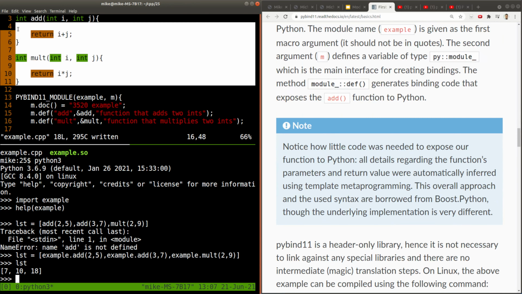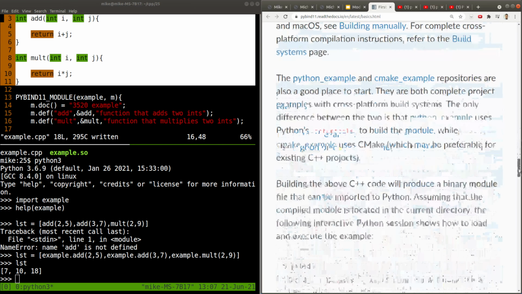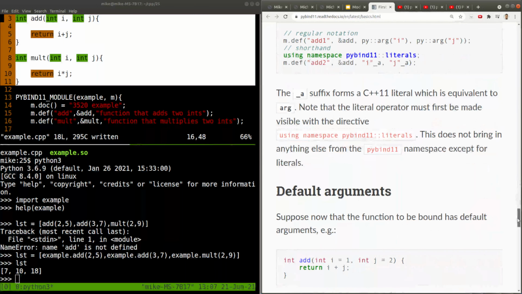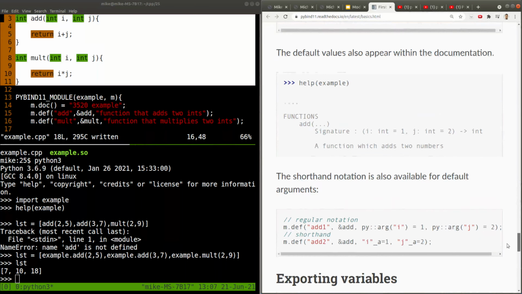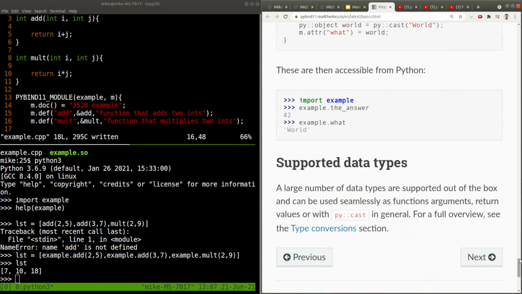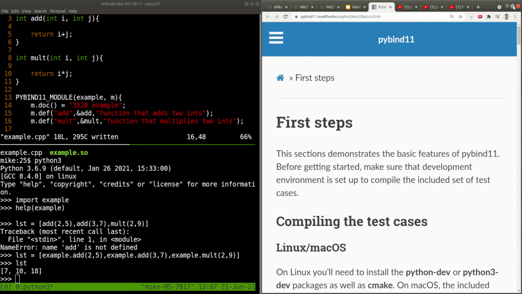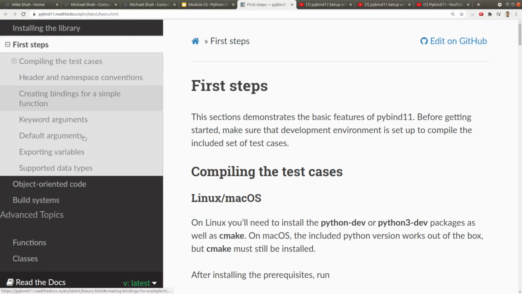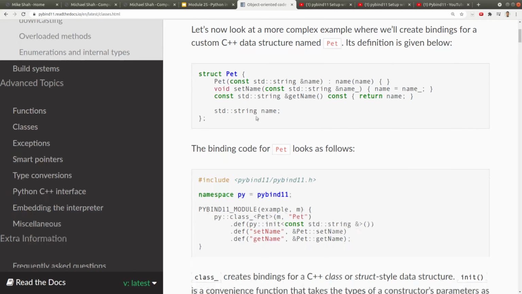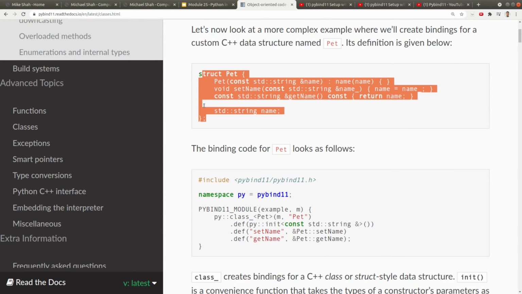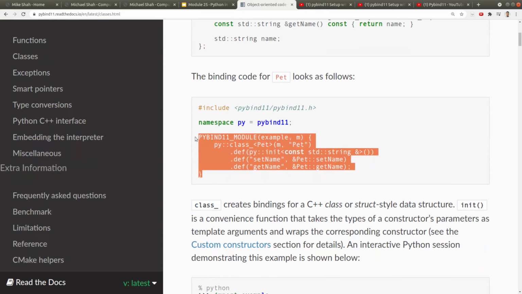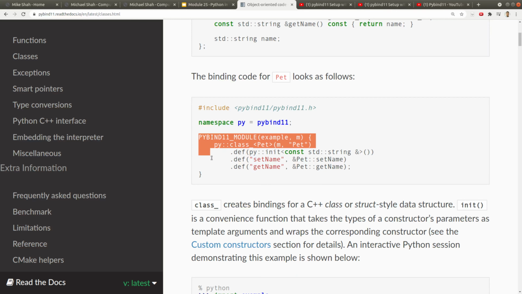I like showing it for functions. It's nice to just think about it for functions now. But there are some other examples here about how to wrap up objects here. Okay, so let me just open this up a little bit. So if you want to do object-oriented code, there's an example of wrapping a class here as well. Okay, so that's sort of the standard example, and that's another one of the examples that I go through in the video. So this is pretty cool, and it's as simple as just doing this. You just wrap the class in your module like we did and define each of the functions.